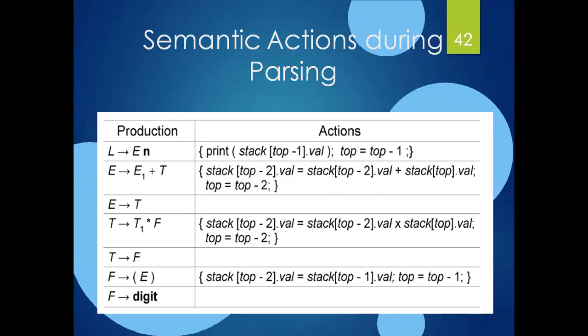By implementing with the stack, whatever right hand productions we are having, the right hand of the production body, we are just pushing all those symbols onto the stack and defining which one is in top, which one is in top minus 1, and which one is in top minus 2. Finally, we need an output for the starting symbol of the given grammar. So the actions are associated along with that. For the corresponding rules, every action is associated along with the implementation of the stack, right?